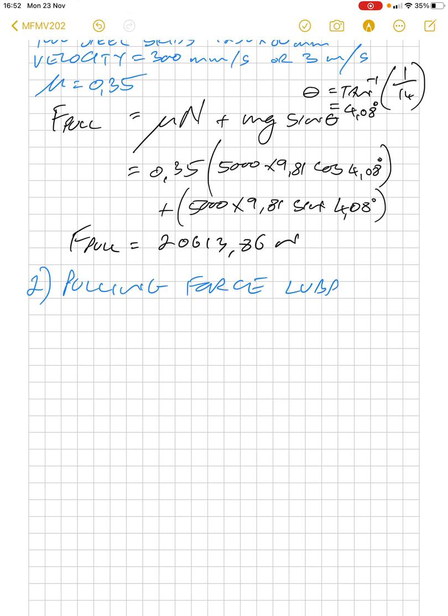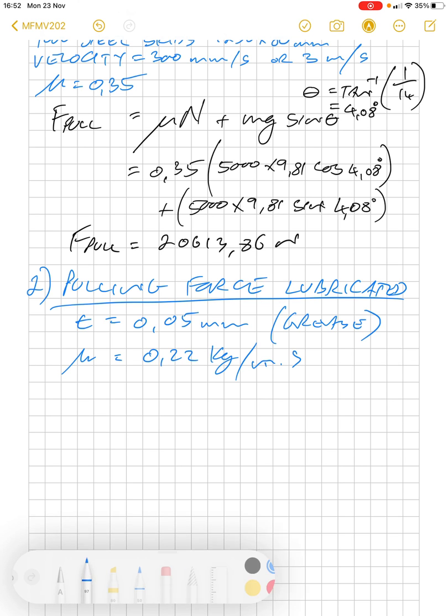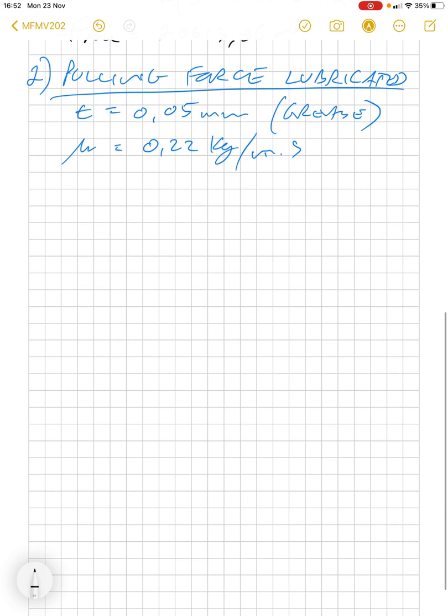Pulling force lubricated. The thickness is 0.05 millimeters of the grease. Mu is equal to 0.22 kilograms per meter second. That's dynamic viscosity. Alright, so our force lubricated is